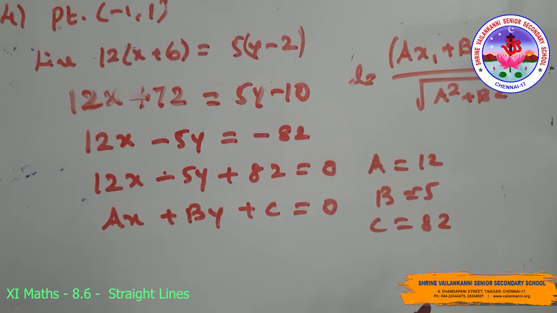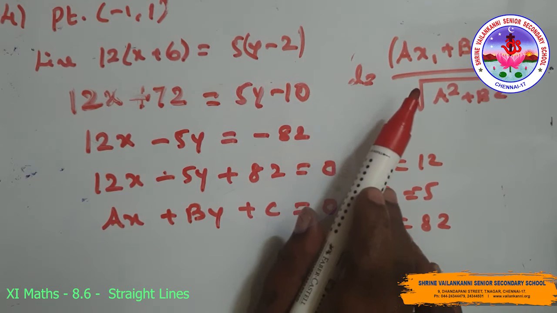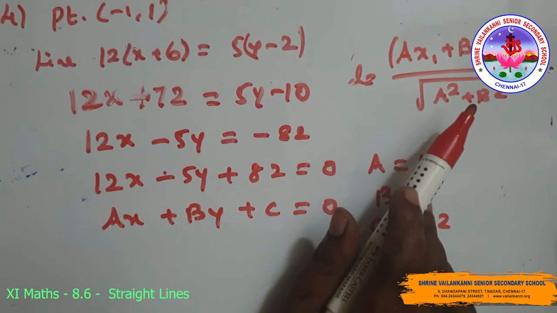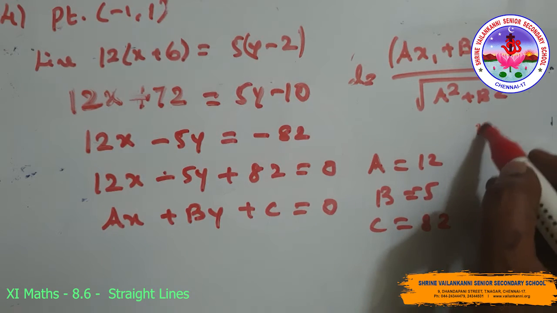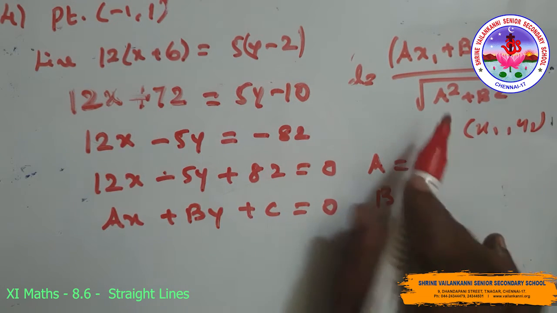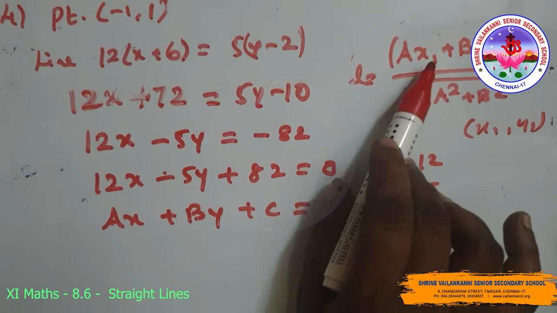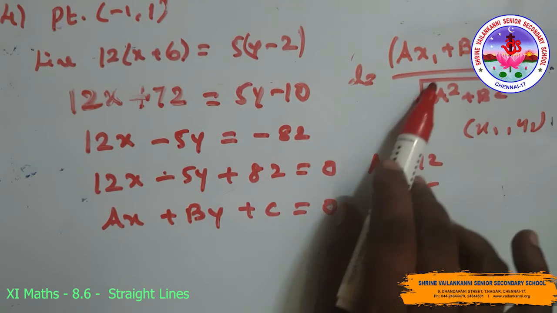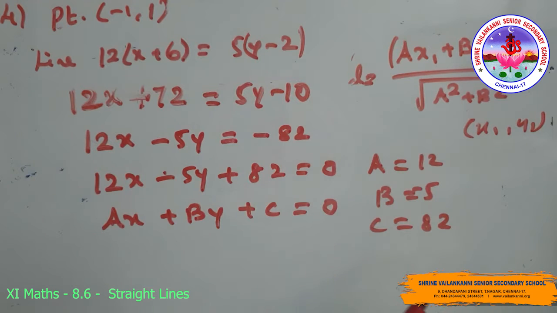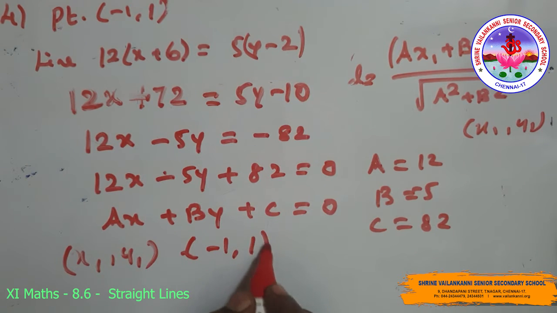It is known that the perpendicular distance of a line ax + by + c = 0 from a point (x1, y1) is given by d = |ax1 + by1 + c| / root of (a square + b square). Here the point (x1, y1) is (-1, 1) and the distance of the point from the given line is